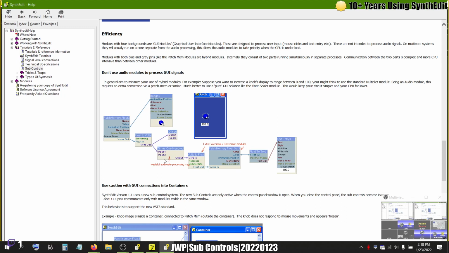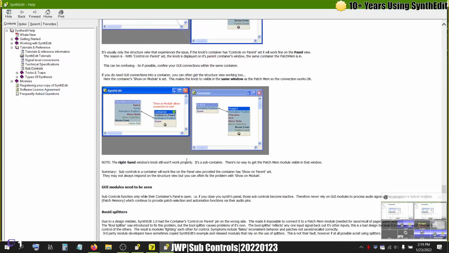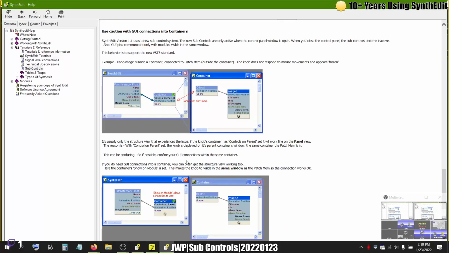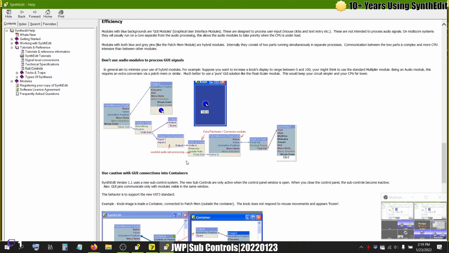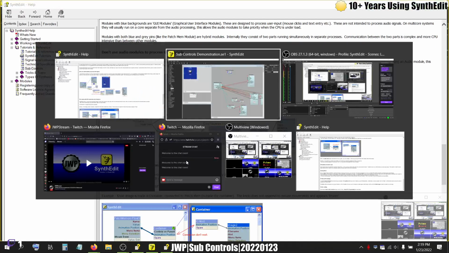So we don't need to have this conversion happening like this. This is wasteful because this part here is running at 44,100. We can do it instead. No, it doesn't demonstrate. We can do that instead. I will demonstrate